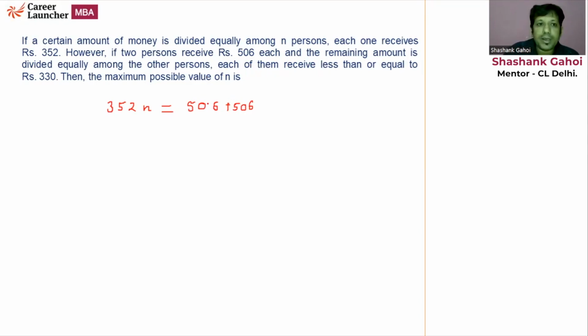So if I want my amount to be higher, it means I will be giving the remaining people 330 only, because that's the maximum amount I can give. So I am going to give 330 to how many people? The remaining n minus 2 people. That's it. So here I can get my answer. That is 1012 plus 330n